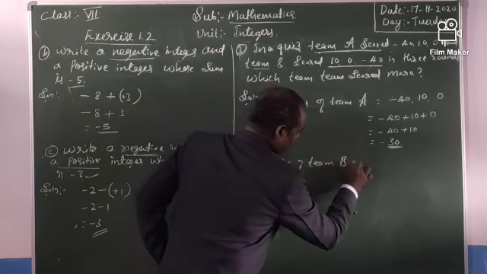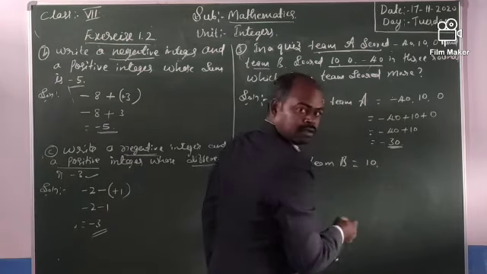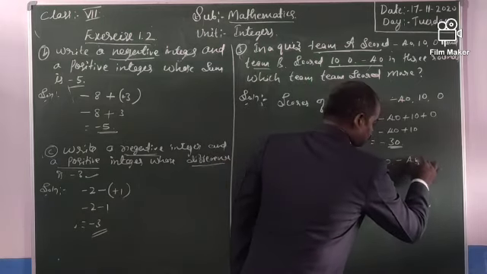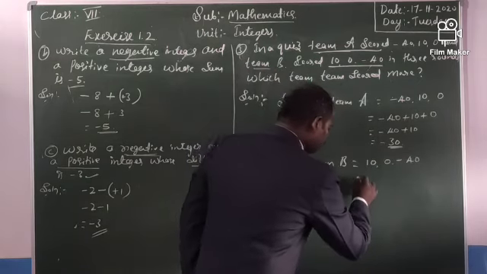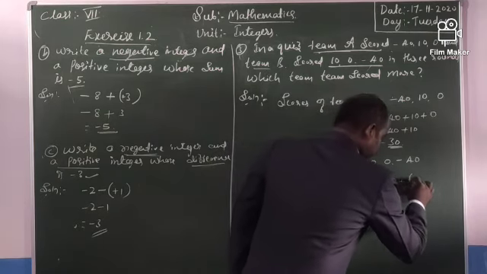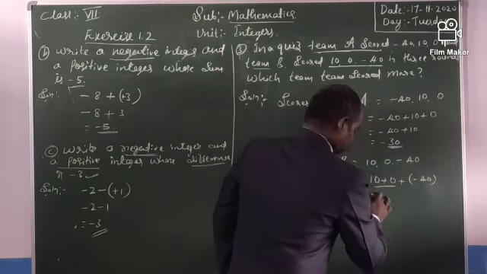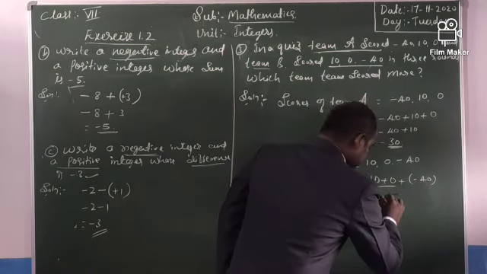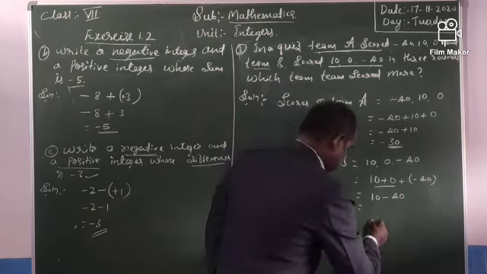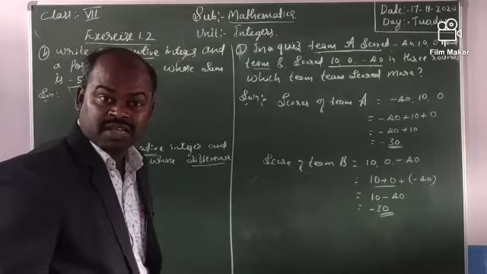team B, which is equal to, what is the scores of team B? Yes, 10. Next 0, comma, and then is minus of 40. Okay. Now add this: 10 plus 0 plus of minus 40. 10 plus 0 is 10 only. Okay. Plus into minus, minus 40. 10 minus 40 is yes minus of 30. Therefore, which team scored here more?